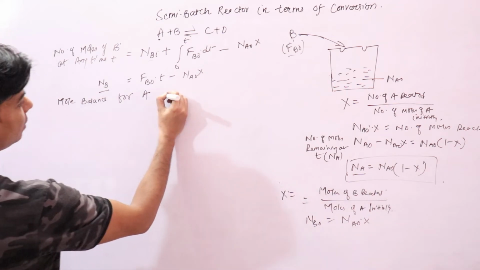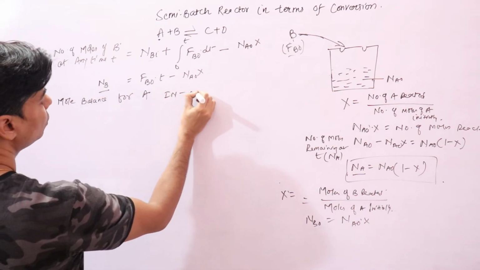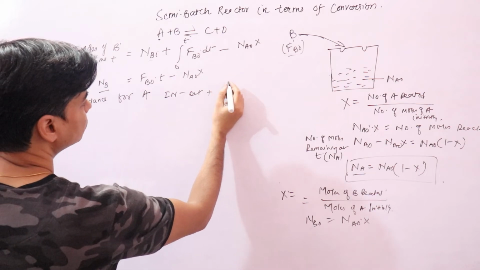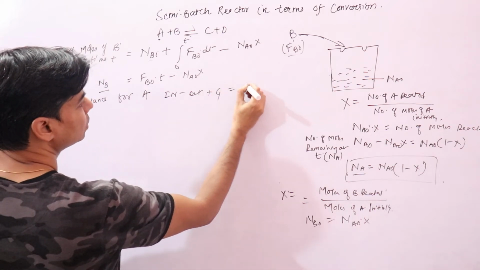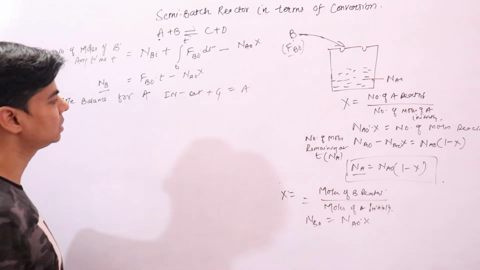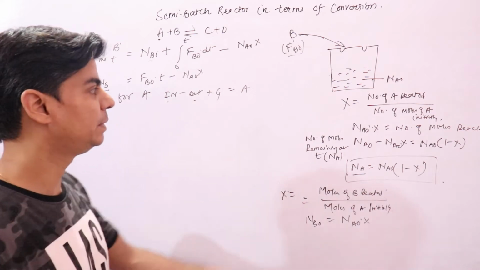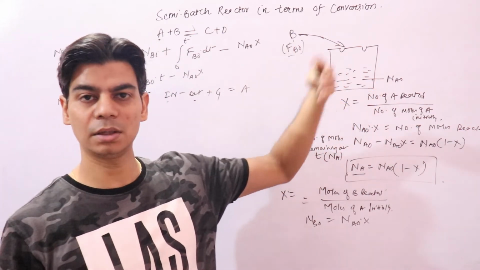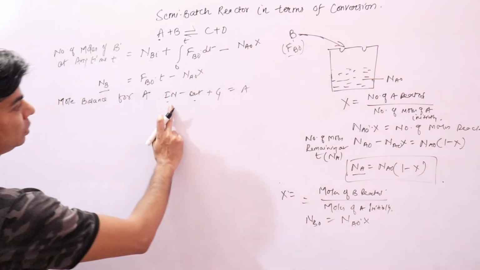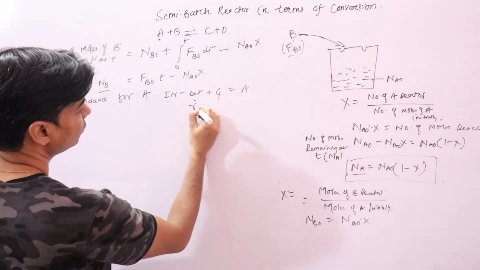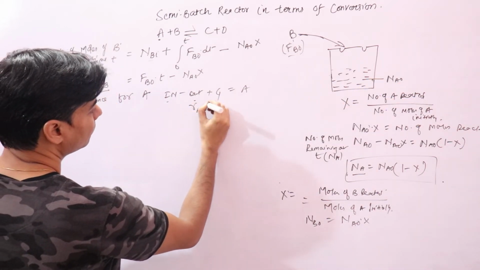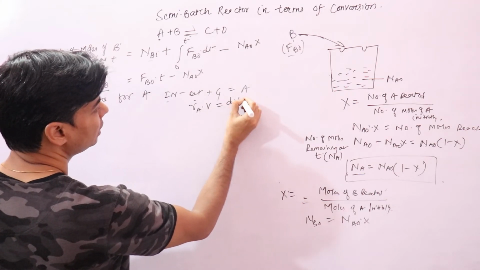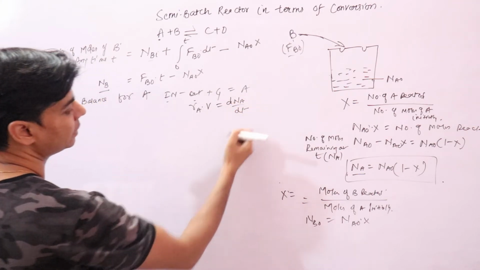So it would be in minus out plus generation is equal to accumulation. This is the mole balance equation. In and out, since A is there in the reactor, right, it's not moving in, it's not moving out, so both these would be 0. Generation would be RA V, and accumulation would be dNA upon dt,